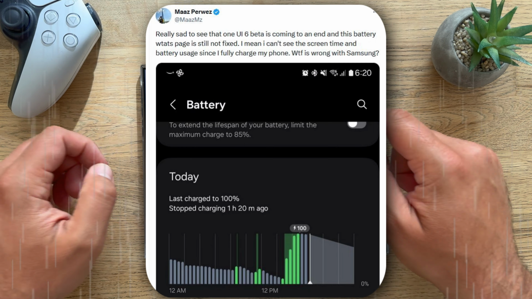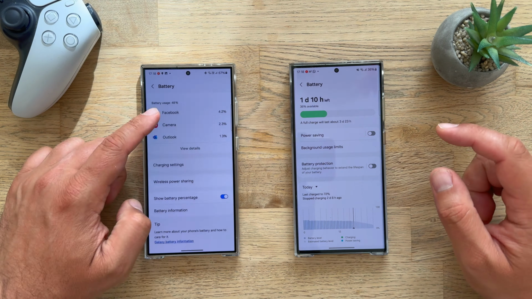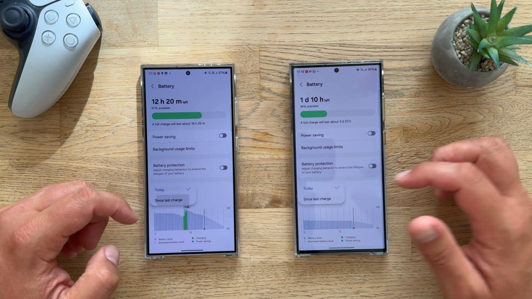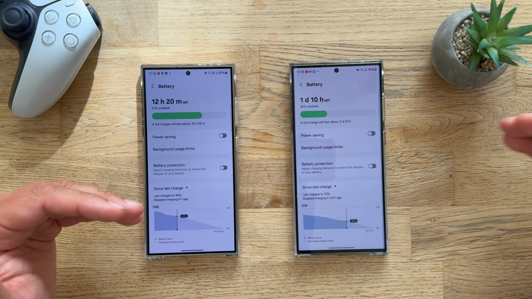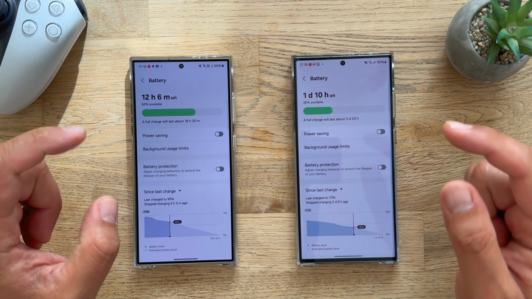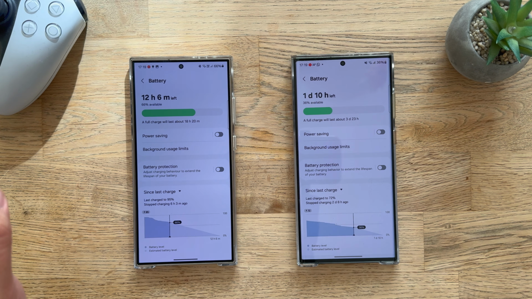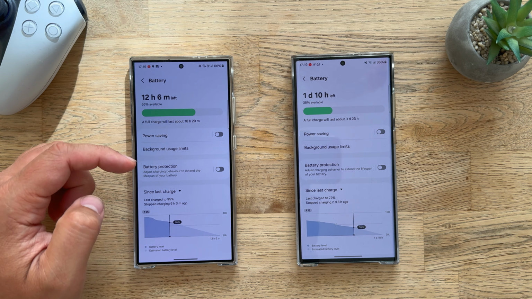And the previous thing is actually, well, let me show you. I'm going to go back inside, and this time, guys, the good news is when you click on today, well, voila, here it is. We have finally gotten back the since last charge function. And this is a game changer if you have an Android phone and if you're obsessed about battery. And a lot of people are not, but some people are, right? So let's not please judge, let's just focus on the fact that Samsung really decided to bring this back,